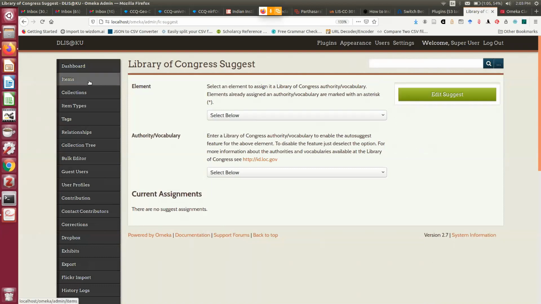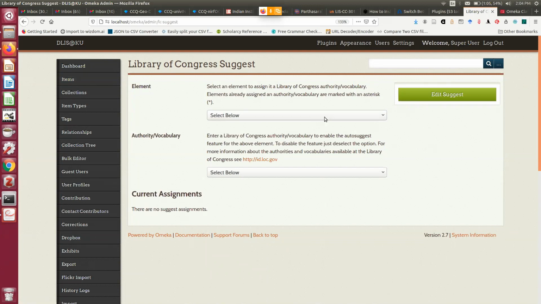Now, as you have seen the metadata elements like dc.subject, dc.creator, dc.date, etc., I can select from different kinds of vocabulary control devices, different kinds of authority files. It's a very rich one.